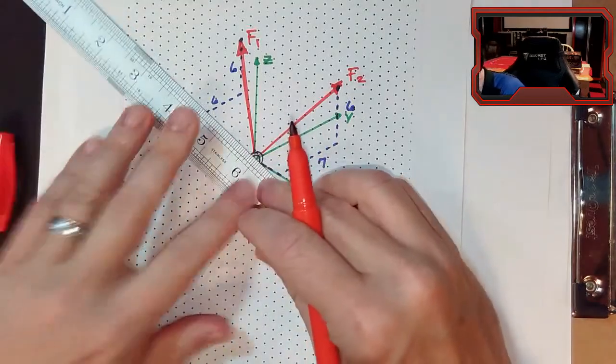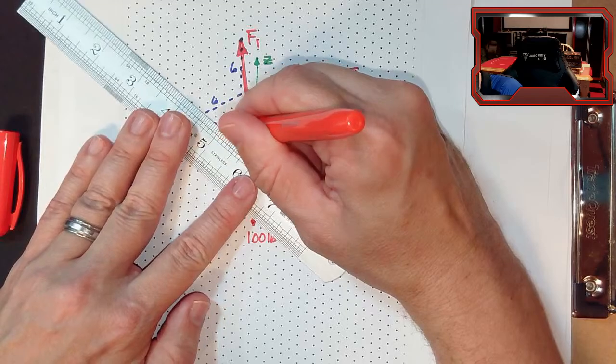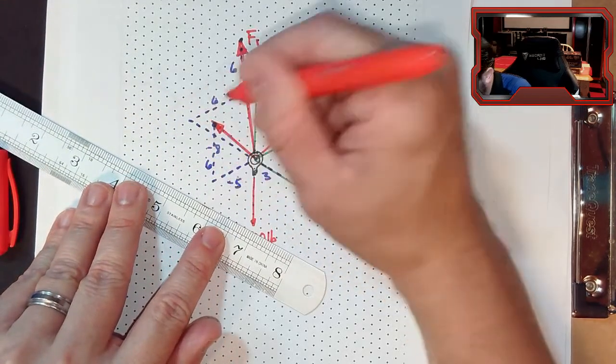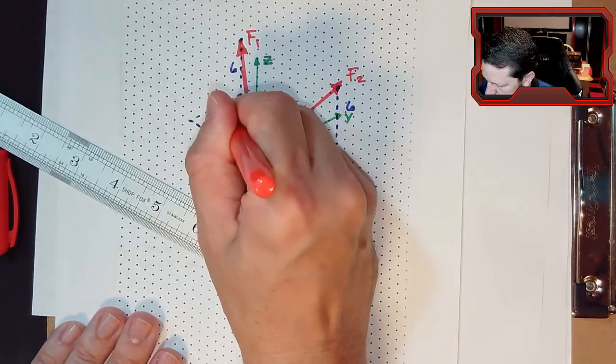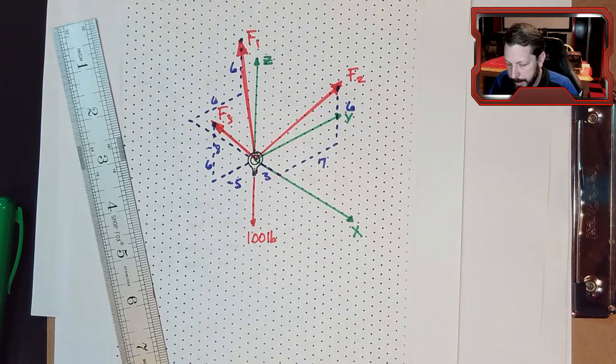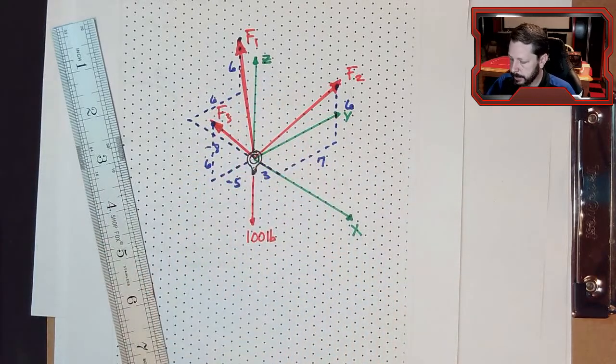And it's going to come out and do something like that. And we'll call it F3. All right. Now I'm not going to draw all the cosine symbols on here because each one of these forces, including the